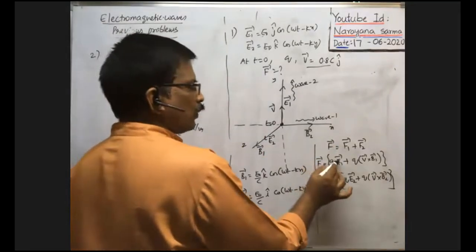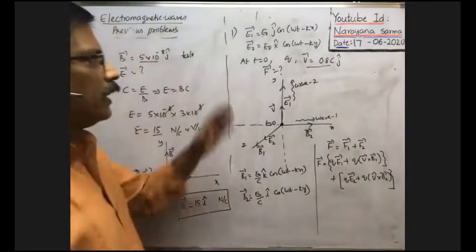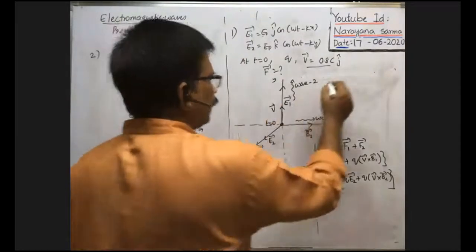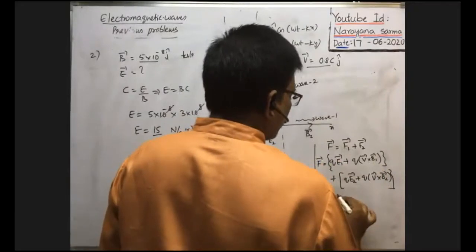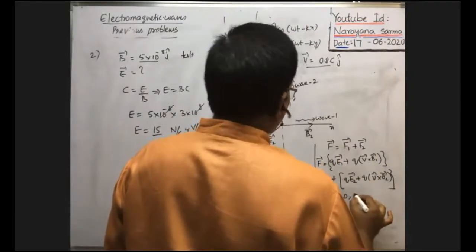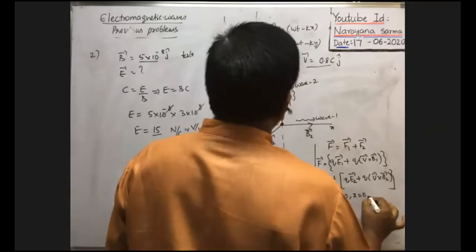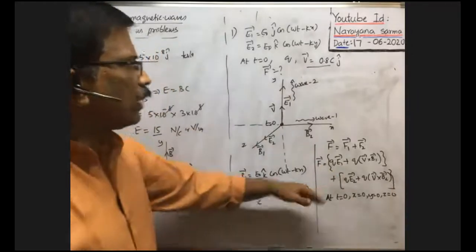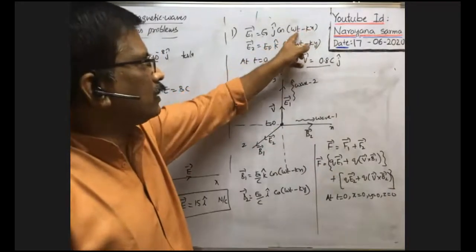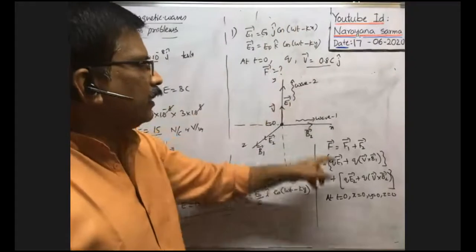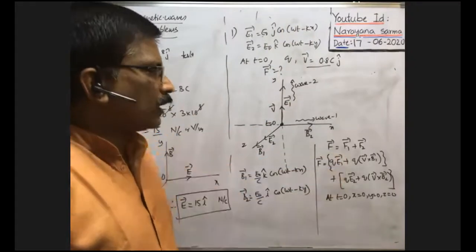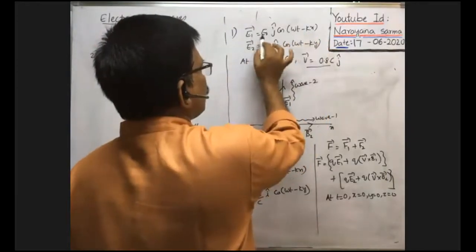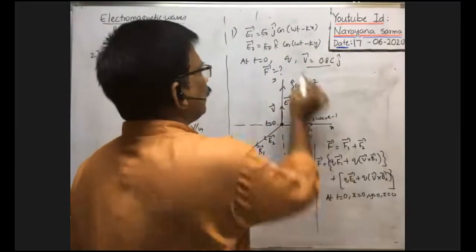It is the force due to the first electromagnetic wave. All values are at the origin, as they asked. Here all are at the origin, meaning at t equal to 0. The charged particle lies at the origin, meaning x is equal to 0, y is equal to 0, and z is also equal to 0. Then you substitute all these values here and simplify them. So when you put x equal to 0 and t equal to 0, E1 is equal to E naught j cap only. Instead of E1, you write E naught j cap.